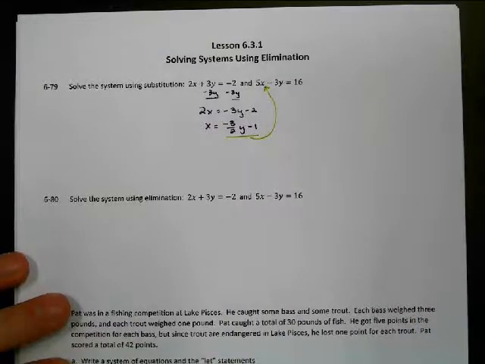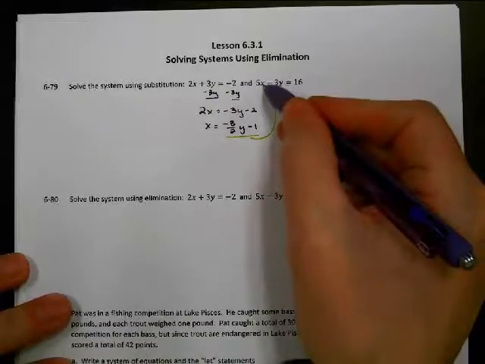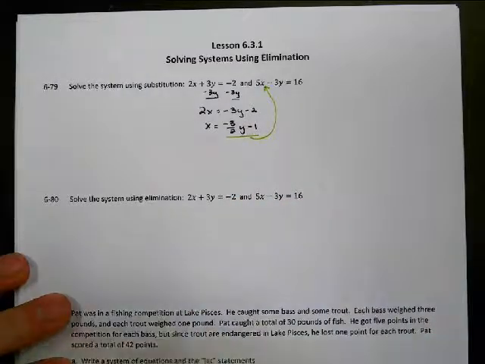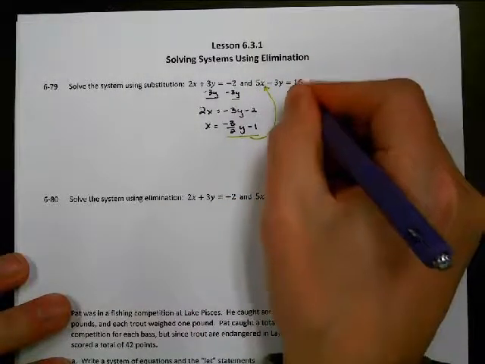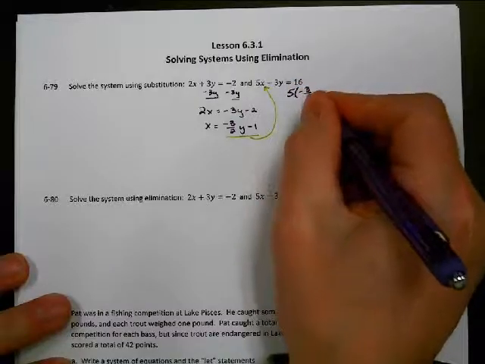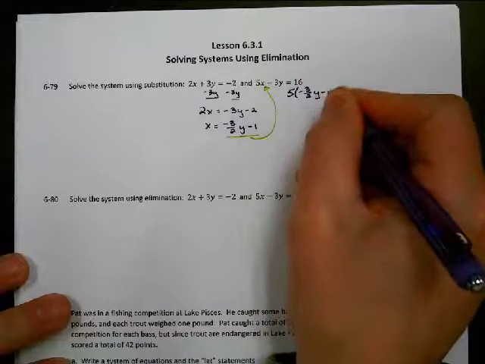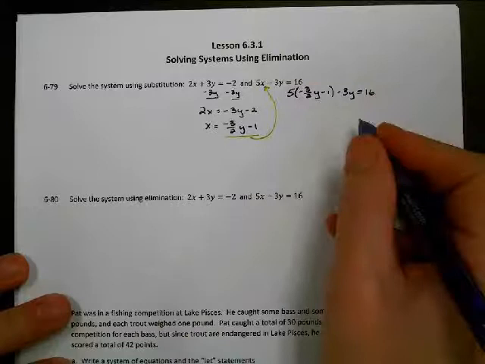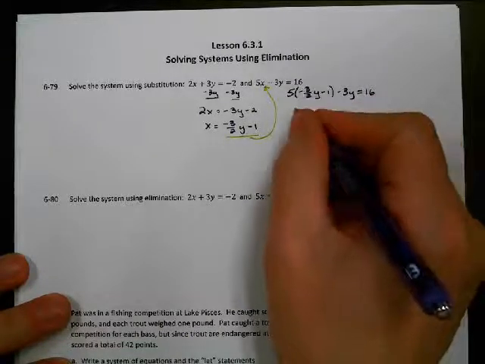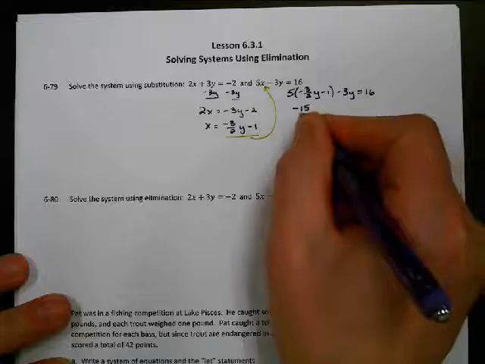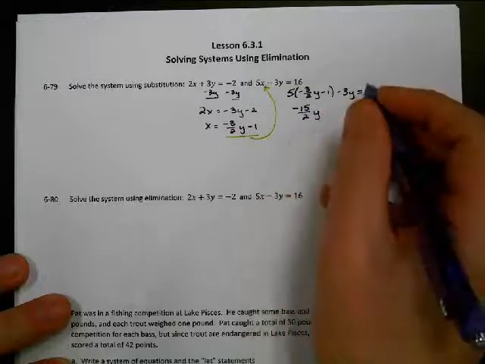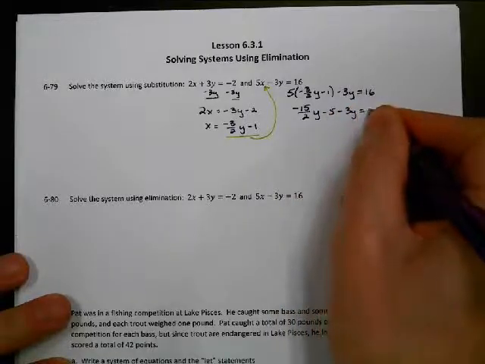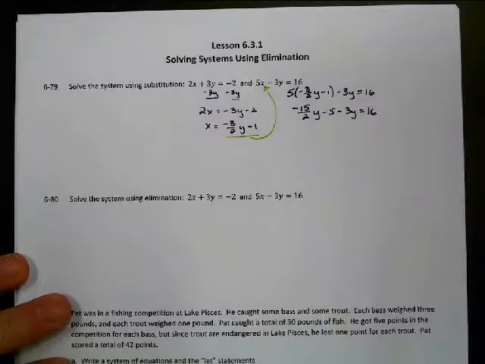So when I rewrite that first equation, I know that x equals negative 3 halves y minus 1. So we're going to do 5 times negative 3 halves y minus 1, minus 3y equals 16. I need to distribute. So this gives me negative 15 halves y minus 5 minus 3y equals 16. This is kind of ugly. Okay,